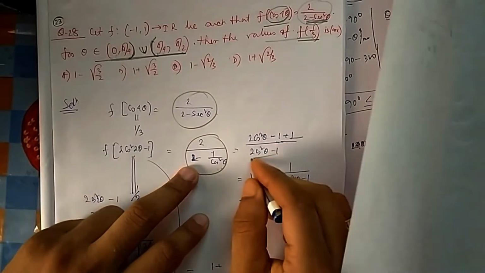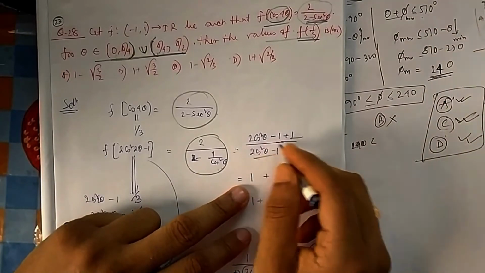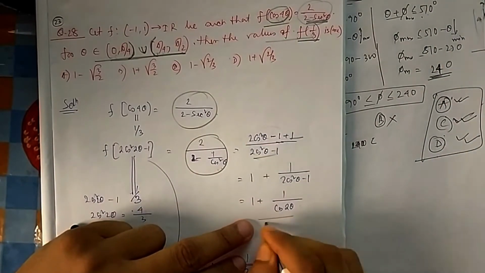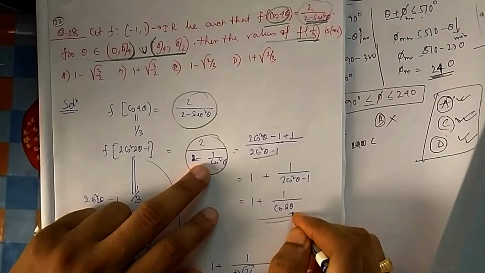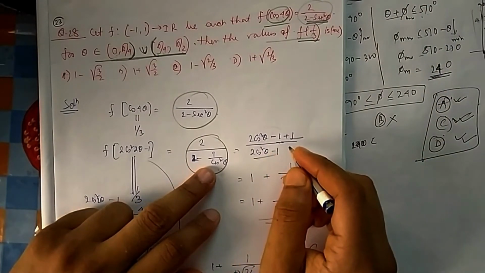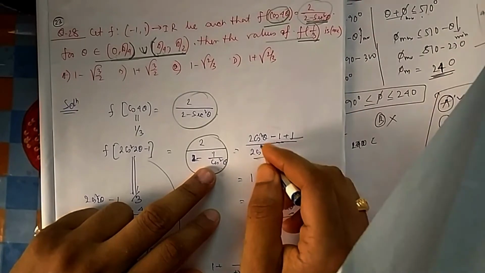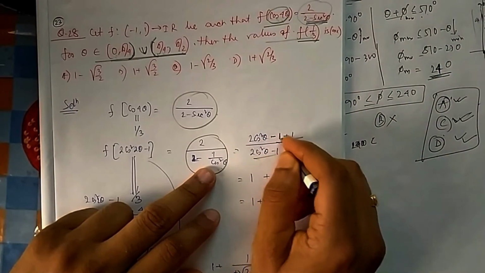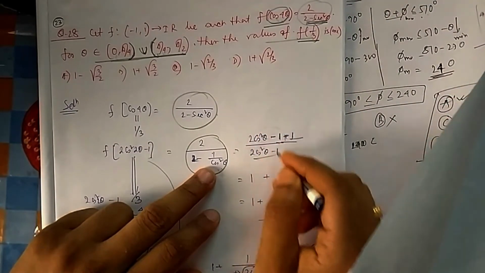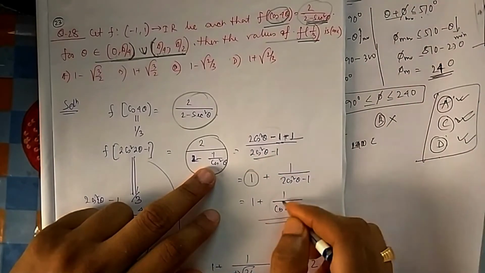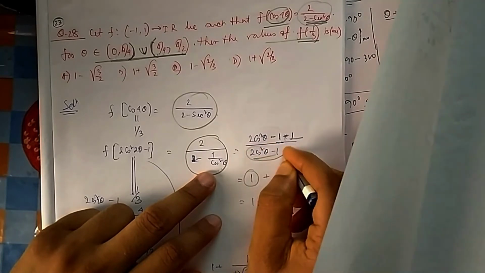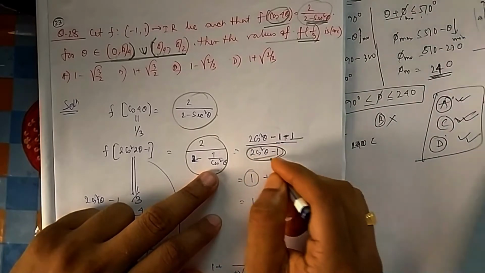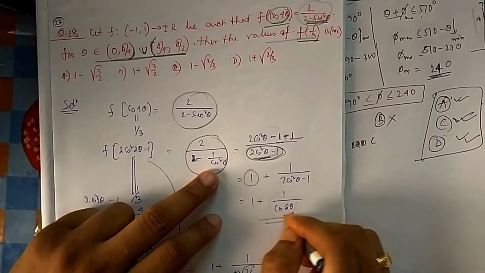I think you can do it. You will do the LCM, it will come. Then this one will be 1 by this, so ultimately you will get 1 plus 1 by cos theta. I think you can do it easily. It will be 2 cos square theta, then 1 minus 1 plus 1, so that 1 becomes 1 by this. It should come as cos 2 theta, because whenever I see 2 cos square theta minus 1, I know that 2 cos square theta minus 1 is cos 2 theta.